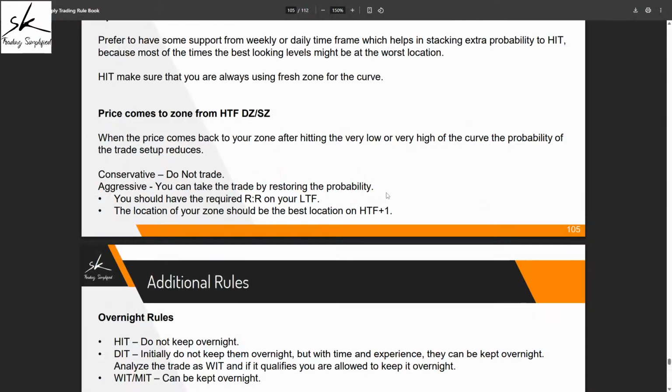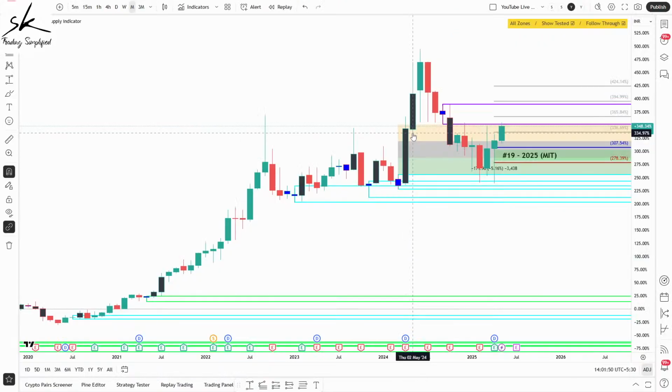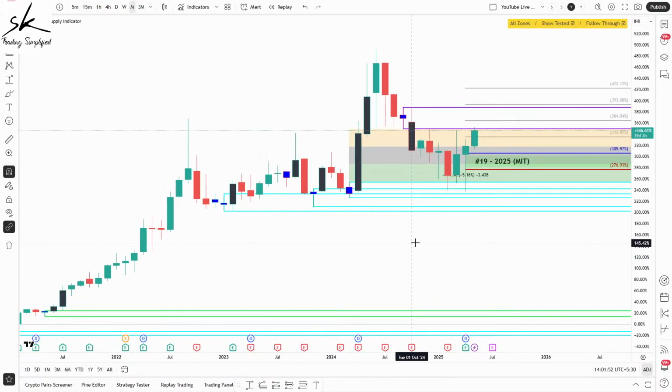And this was the idea behind picking this as an example today, even though I knew this is going to be a disqualified setup for us. But we haven't covered this example in the last 1.5 years of all the sessions that I've taken. So since this was a beautiful example of it, I thought let's just pick this to understand this particular rule, which is available in the rule book. All right. So yes, moving forward.